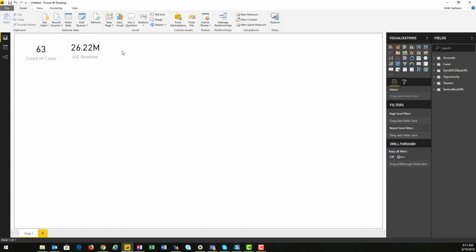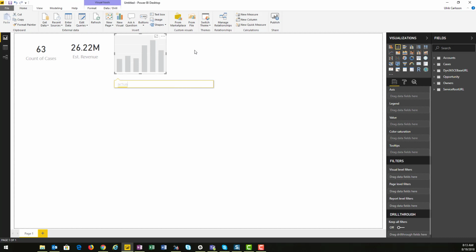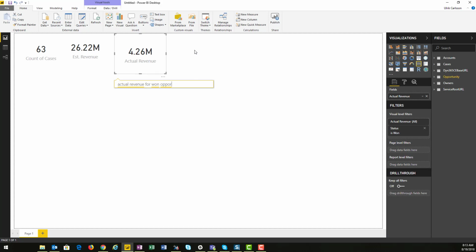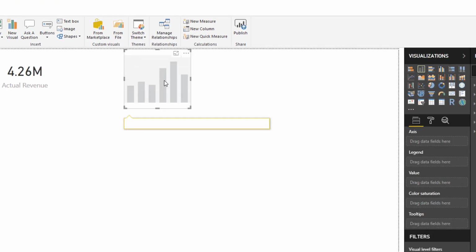There we go. And I could do the same thing here for actual revenue for won opportunities. We want to make sure we only get the won opportunities on here, of course, to make sure our information is accurate. And I can also create a list of accounts, for example. So basically just type in list of accounts